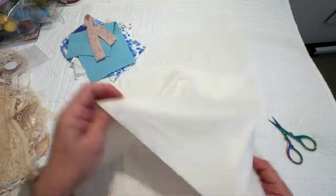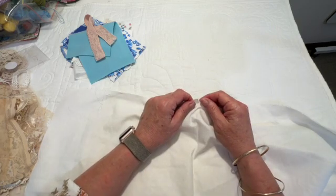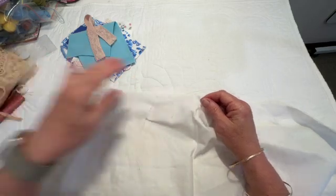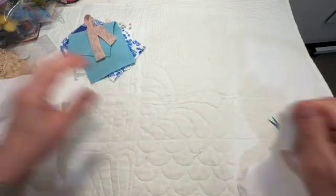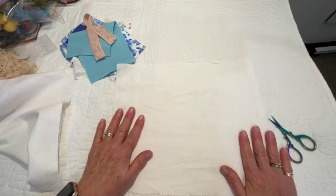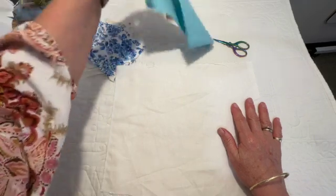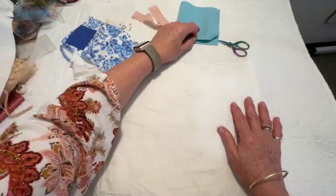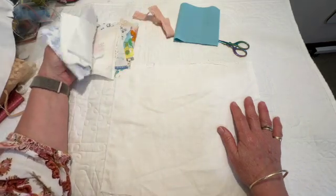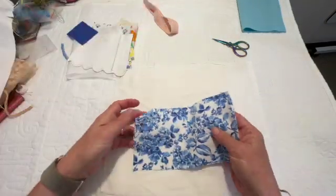Now, I don't normally do this, but anyway, because I'm a quilter and we cut with a rotary cutter, and we very rarely tear anything. So here goes. That wasn't so bad. All right, so I've left it a bit big, just so I can cut it down for the size that I need. I think this was meant to go in like a needle book, but I've decided I'm not going to put it in a needle book. I'm going to use these for